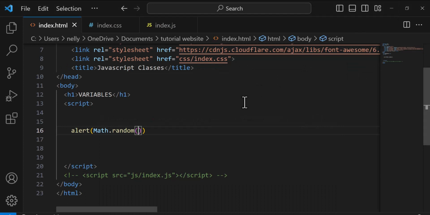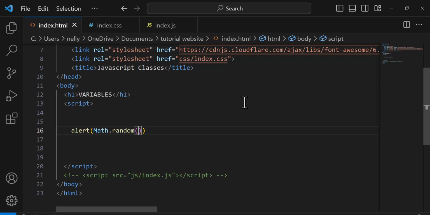So what does it do? It returns a number between 0 and 1. That's what Math.random does. While